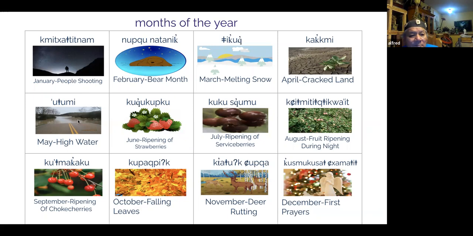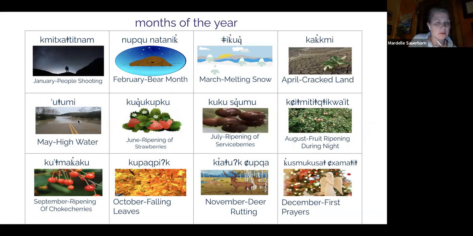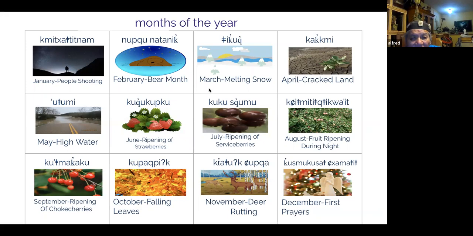And up here we have Nistamo. And then you'll go back up to January, and you'll see Mitchastitnam compared to our Naktasok, which is what we use up here, which means the ice or the water underneath the ice. Mitchastitnam is below the border, the Canada-US border, and that means the time the people are shooting,